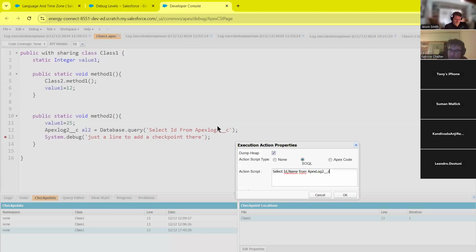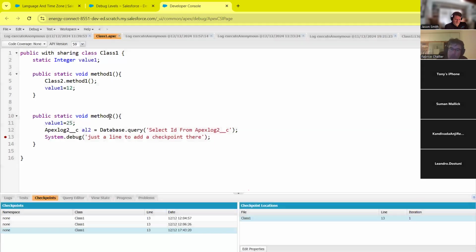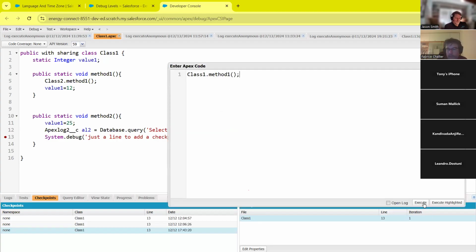And that's it. Okay, so what I'm saying to Salesforce is, when you arrive on line 13, I want you to execute my query, because I forgot to add the name within the query, but I really need to understand what's happening. Okay. And if I do this, and if I execute it again,